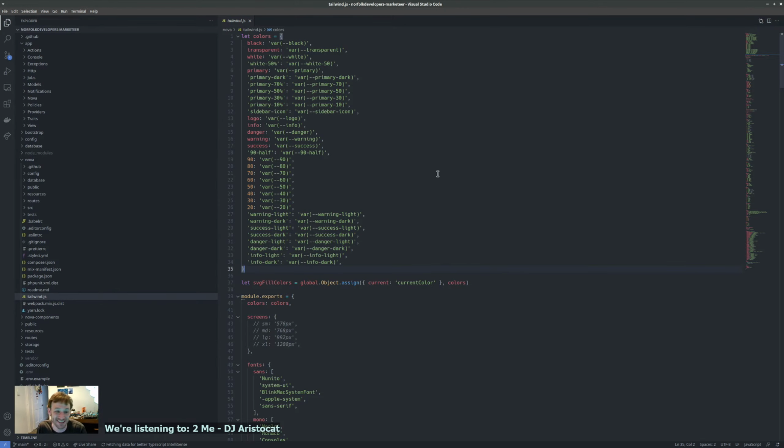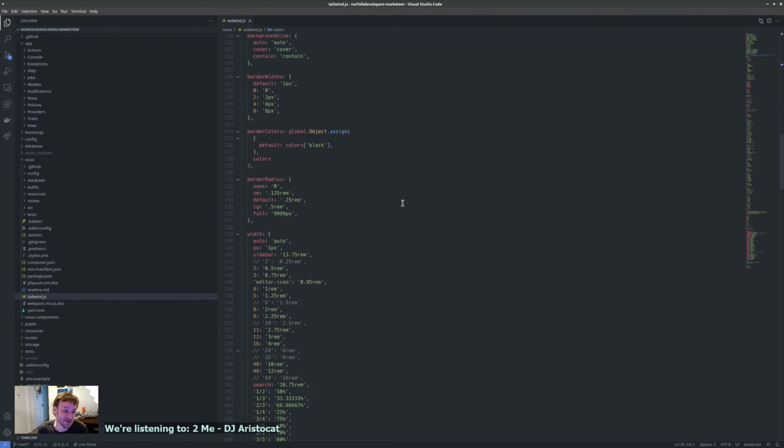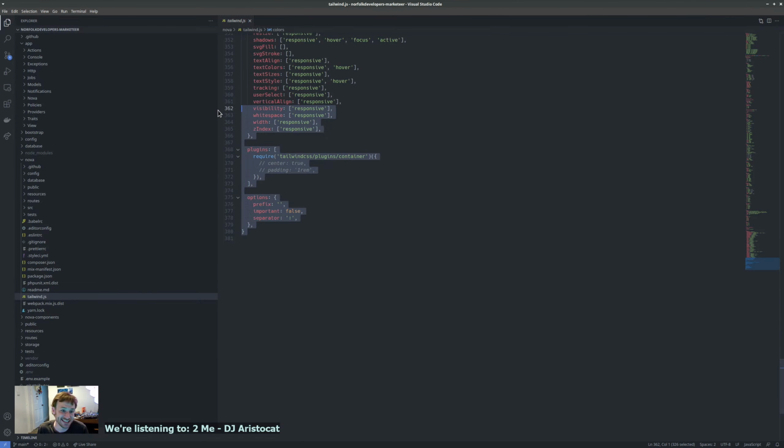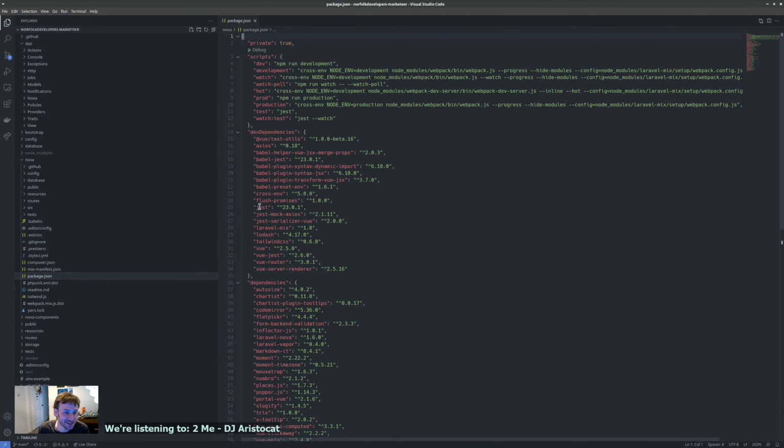Yeah, this is the Tailwind configuration for Nova, which in its 381 lines of heinousness, and I think it's, here we go, 0.60. It's pretty painful, especially when it's combined with